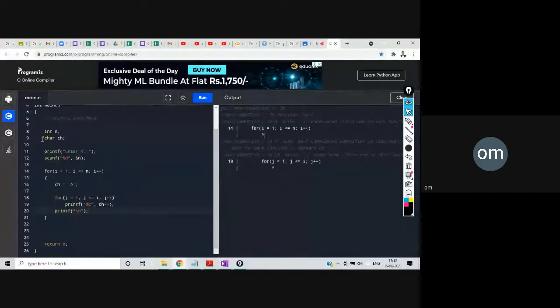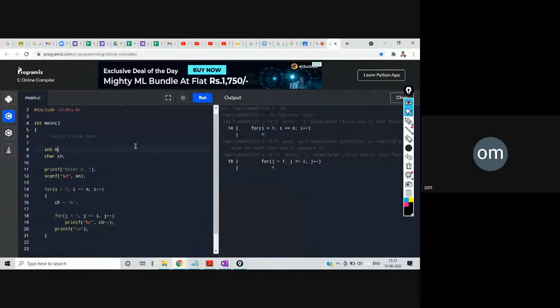Okay, so let me declare that int i. Let's clear this, and if you see here: A, then A B, A B C, A B C D, and A B C D E. So in this particular way the character patterns can also be asked.